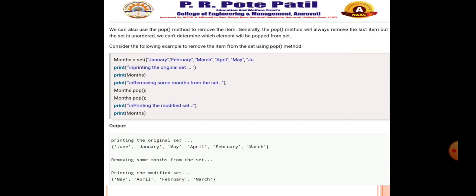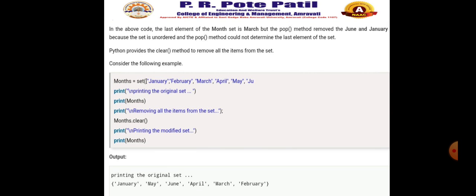Before that the pop function is also used, but the pop function will remove an element and you cannot judge which element will be removed from the set. Then the clear, which will remove all the elements of the set. These are the different methods that perform their operations on the set itself.